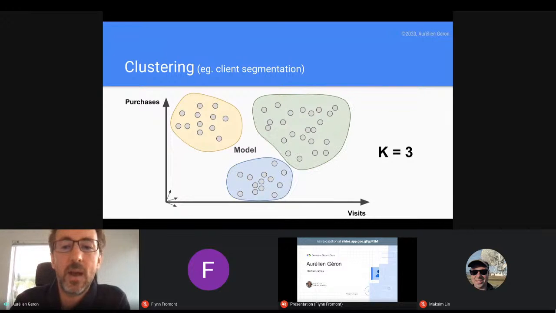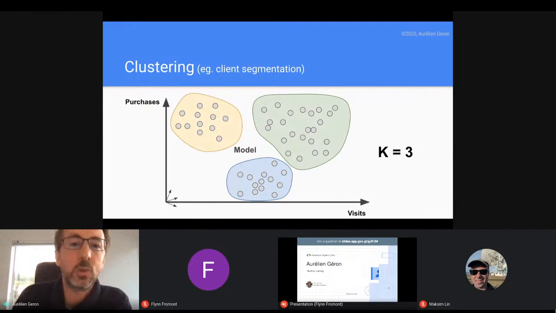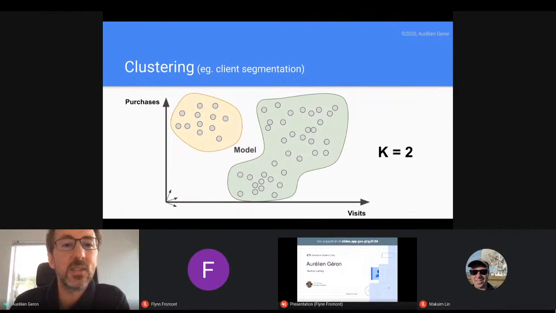And there are some parameters that are different from the ones I talked about, which are called hyperparameters, which determine, those are not tweaked during training. They're prior to training. You say, I expect there to be, say, two groups, or I expect there to be 3 groups. And depending on that hyperparameter, which I call K in this case, you'll get different output. And so, what the hyperparameter should be set to really depends on your final objective, like what exactly is the business objective that you have. All right, so that's supervised learning.